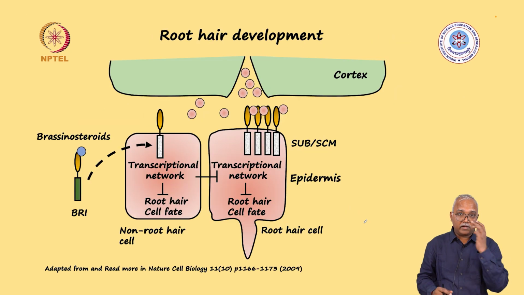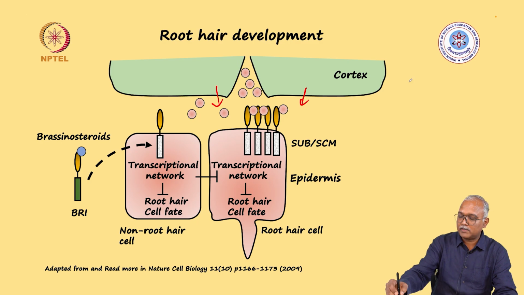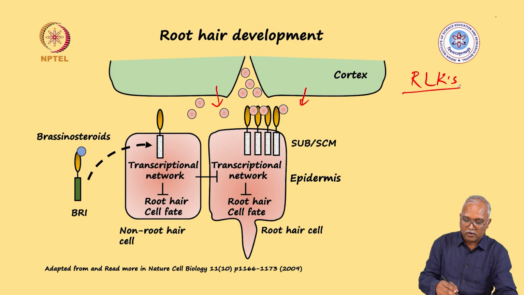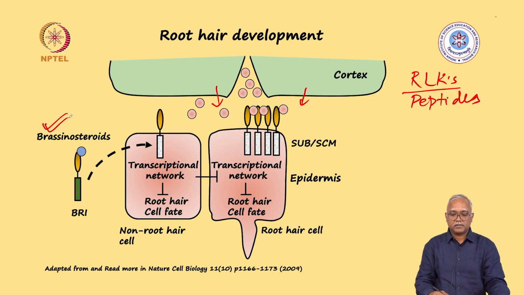So if you look more carefully inside what happens over there, here again there will be signals which are coming from these cortical cells. Since we are discussing the receptor-like kinases, you will realize that these receptor-like kinases will require their compounds to which they are responding. So there will be these peptides, and also if you recollect, there are plant hormones which are responding. So you have brassinosteroid also signaling, and this particular case of root hair development gives us a classical example of inhibiting a particular program